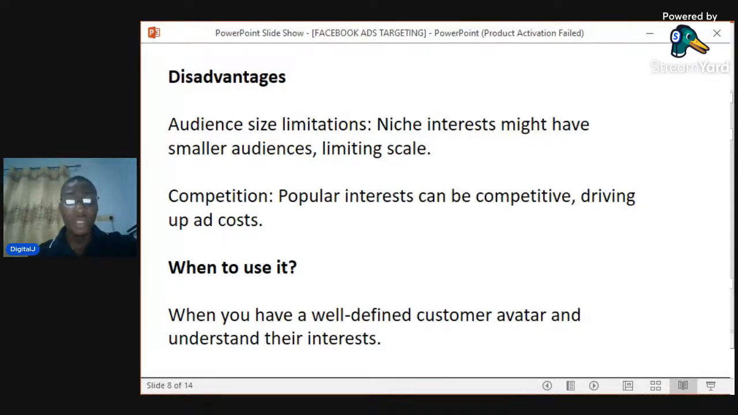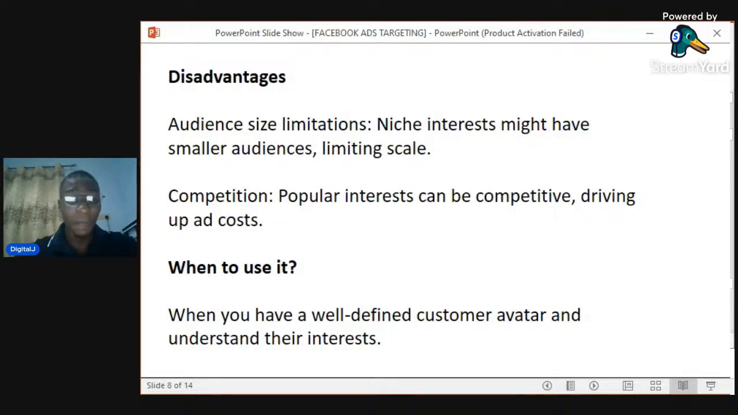Now, when do you actually use interest-based targeting? When you have a well-defined customer avatar and understand their interest. So you use interest-based targeting when you know who your customer is. When you know, okay, my customer is interested in jewelries, in watches, you have done a proper research on your customer. You have your customer avatar. Understand? That is when you use